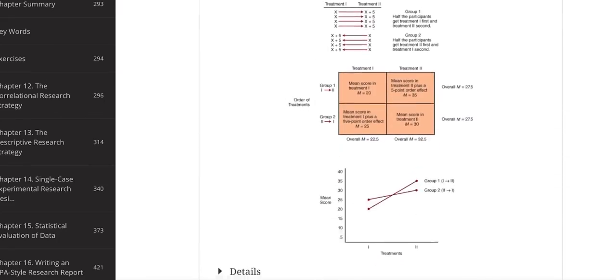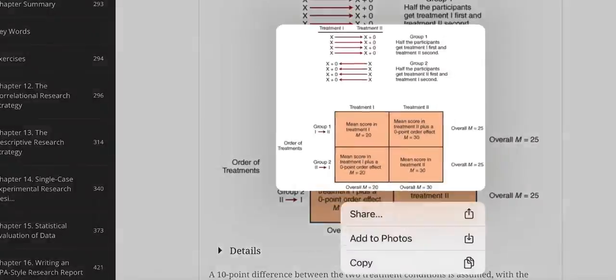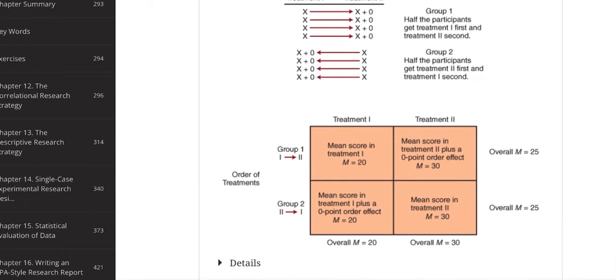It doesn't actually show the line graph, but if they showed the line graph, the lines would be parallel, right? They would not intersect. There's no interaction there, and you can see that because the means are